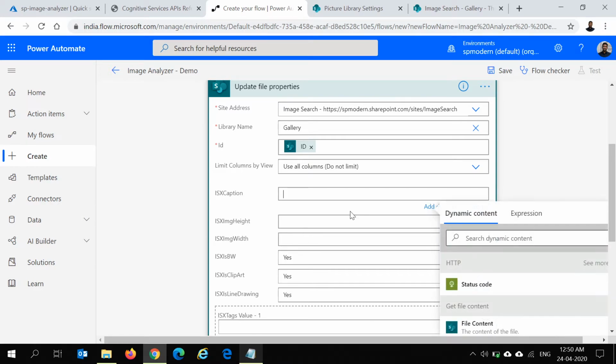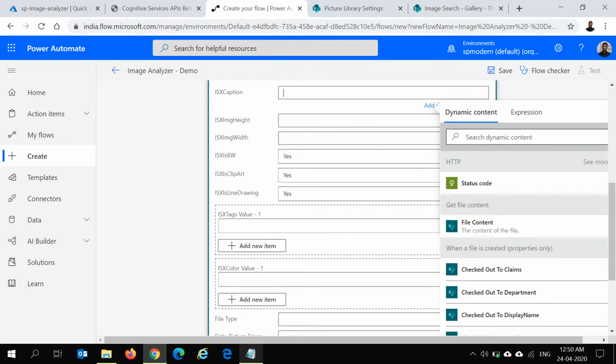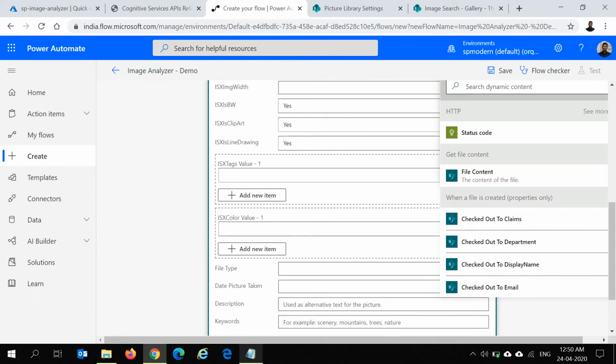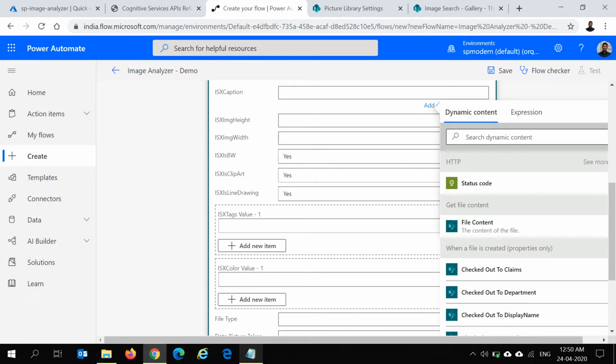Okay, so we got all the columns listed here within the update file properties. So we'll be updating the custom columns for this image or this item, right? What we are interested in is updating the ISX caption, which we'll be using as the title in the search results. And then we also use the black and white and clip art flags and then the tags and color columns, right?